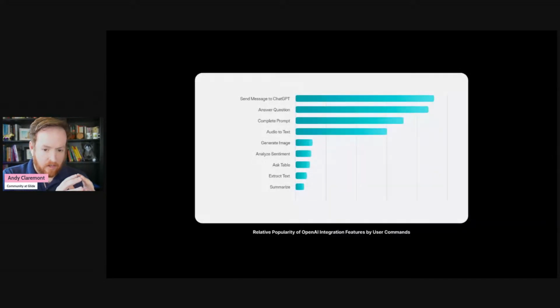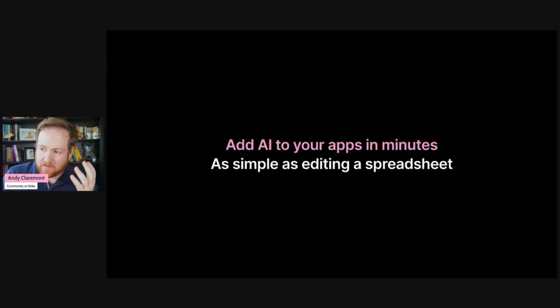So when we look at all of the things that you can plug your Glide apps into, there was this overwhelming demand for plugging in to AI. We knew that while those OpenAI integrations got us part of the way to building more powerful apps, we could go further. So that's what we've done.